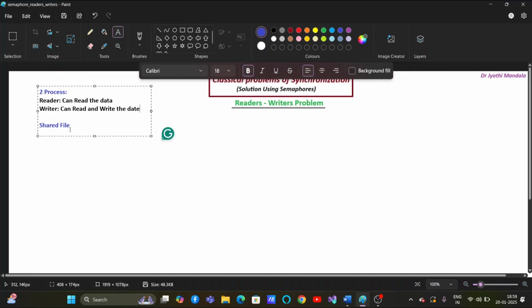Now, what is the problem here? The problem here is we have some scenarios to understand and we need to resolve those scenarios by giving the solution through the semaphores concept. So what are those scenarios? Make a note of those scenarios, all of you. The problems are